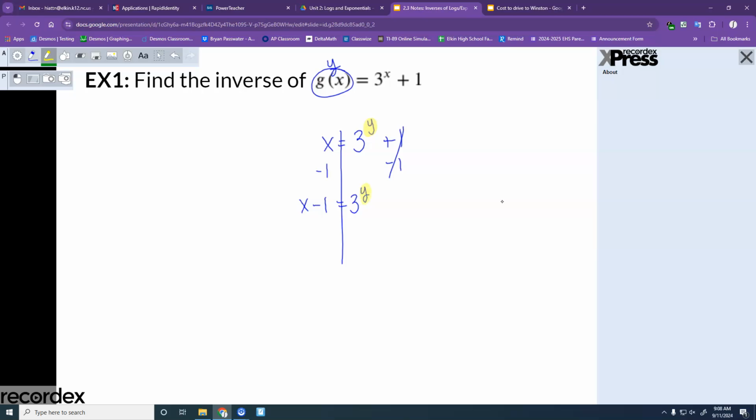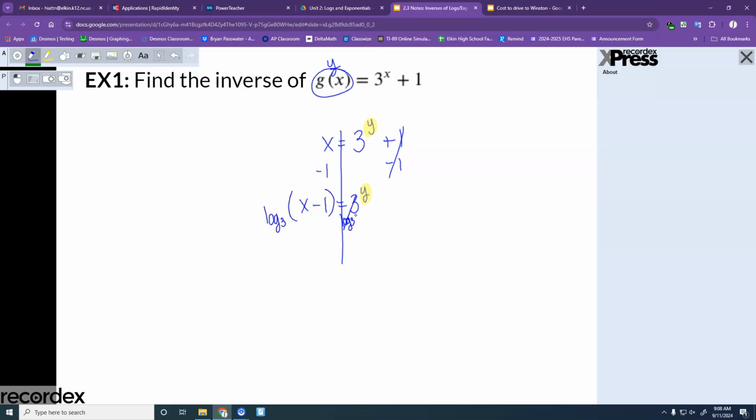Okay? Now we're trying to still get to that y right there. Jeremy, I got to get rid of this 3. How am I going to get rid of that 3? I can't divide it because this is not 3 times y. It's 3 raised to the y power. What's the opposite of having 3 to a power? It's a log. So I need to log base 3 this side, which means I'm doing log base 3 of,